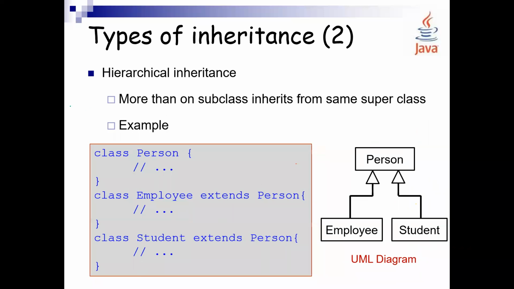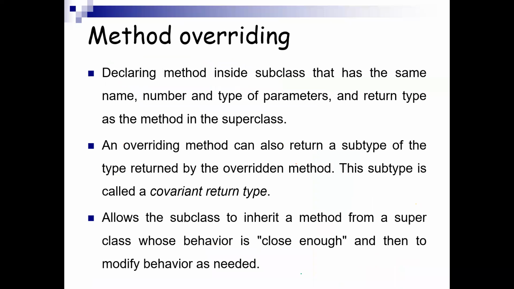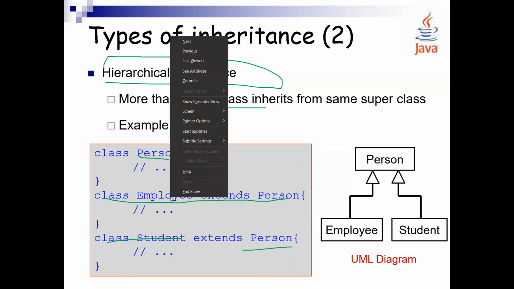The last one is hierarchical inheritance, whereby you have more than one subclass inheriting from the same superclass. So there is a Person here, I can say class Employee extends Person, then class Student extends Person. So this is the concept of inheritance. And if I take you to some practical part of it,